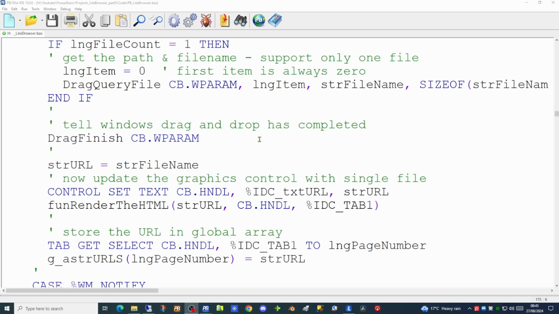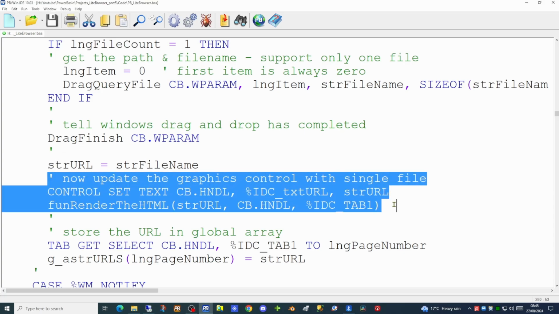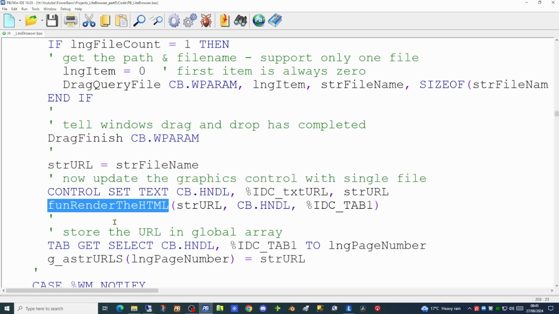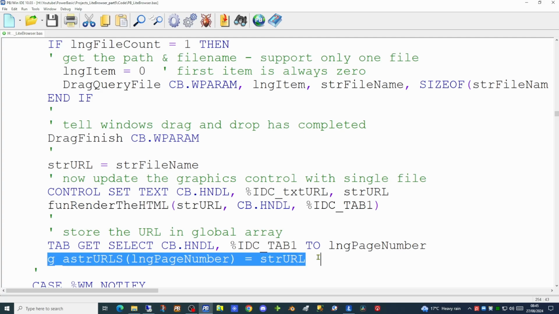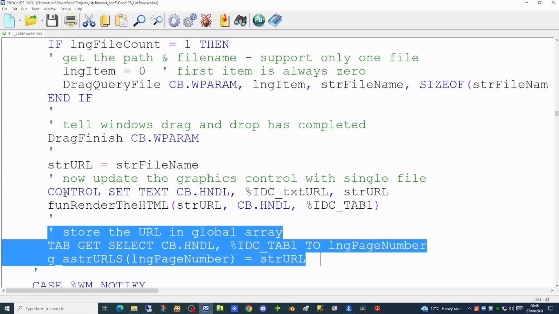In the drag and drop section of our event handler, there's a piece of code we'll need to move. In this section of code, we update the graphics control with the single file that has been dragged in to our graphics control. This is done using the render the HTML function. And having rendered the HTML, we then store the URL in our URL array. I'm going to amend this slightly so that we store the URL before we render the page. This will allow us to pick up the path of any image file that the user has within the HTML file. So we will move this section up above this section,